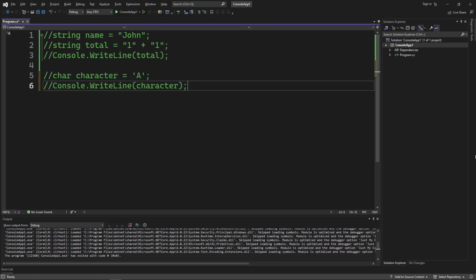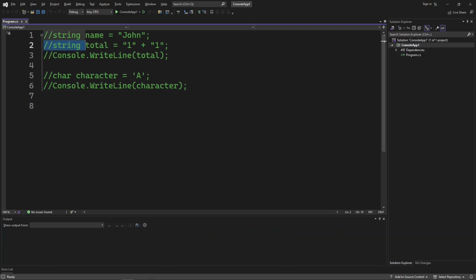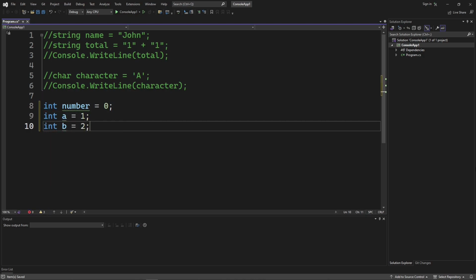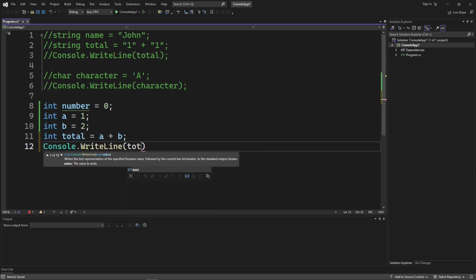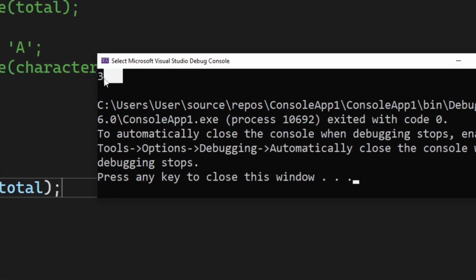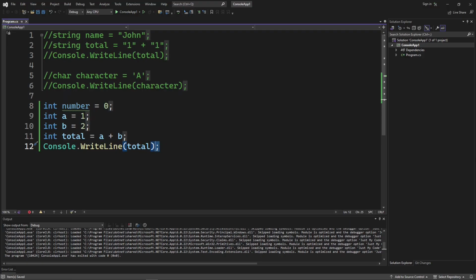Next up is int. Remember earlier when strings can't be added as numbers? Well, ints are just for that. They are numbers that are negative or positive or 0. You typically use ints when doing math with non-decimal values. Just like here, if we have 2 ints, a and b, with a value of 1 in a, and 2 for b, and we print the result or the total, we get 3. Unlike previously with string.